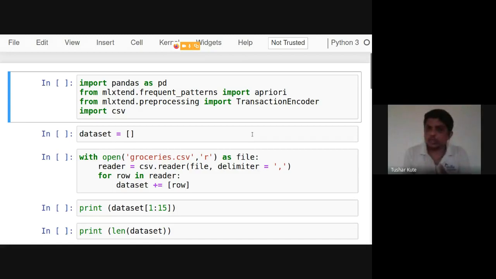So the algorithm also will not use that data. The algorithm requires the data in a structured format. Unstructured data can't be read by it, so a special format is required there. I'll show you how I have read that one.